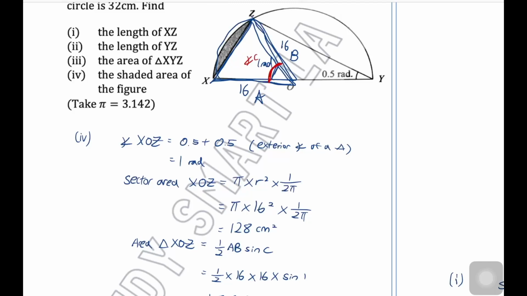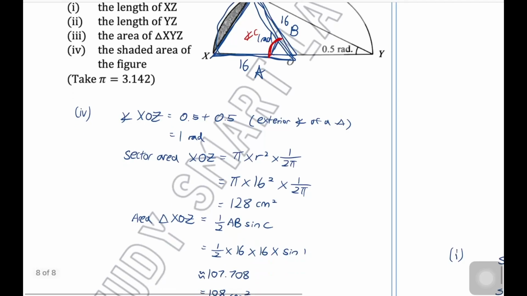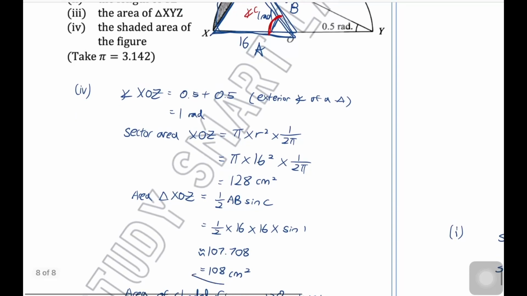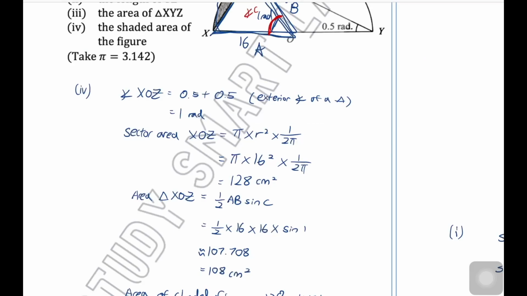All right, so very nicely multiply half with 16, which is your A, 16, which is your B as well, and then the angle, sine 1. Punch it into the calculator, make sure you are in radian mode. You will be able to get the area of the triangle XOZ. Once you are able to find the area of the triangle XOZ, just take the sector